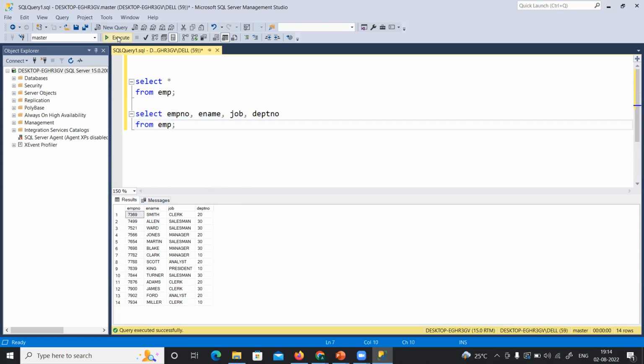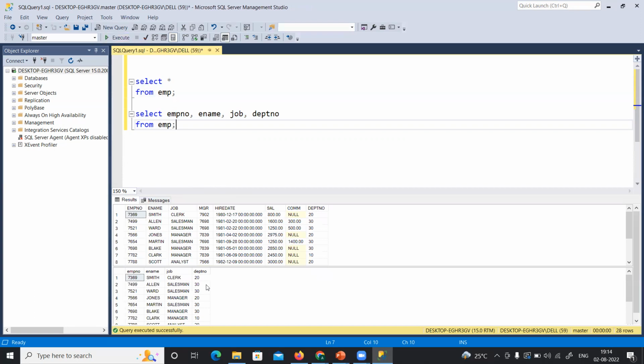Now see, if I run, what is going to happen? You can see the first query output is here, the second query output is here. And all together, how many rows are returned here? You can see 28 rows. Is it clear? That is, of course, a simple one, but